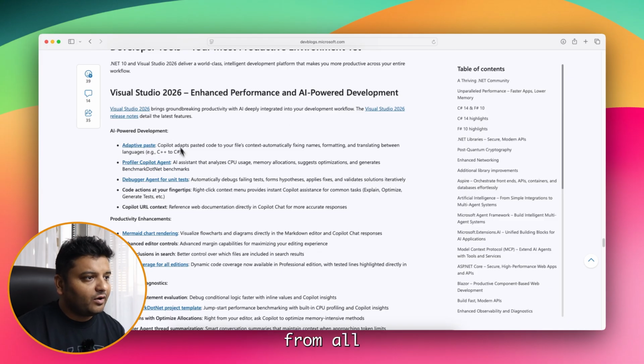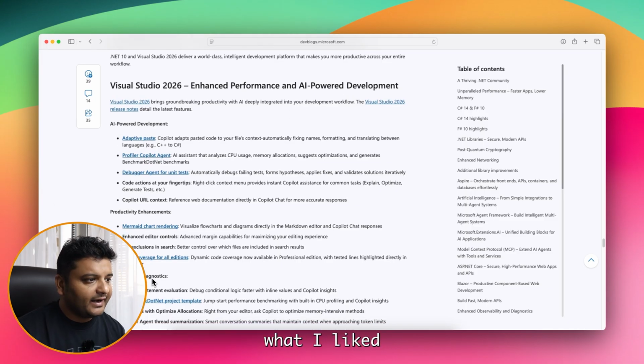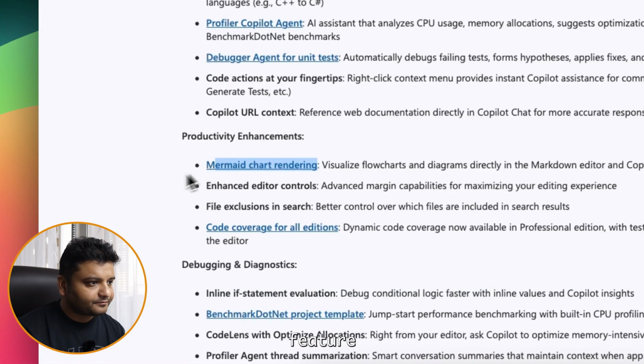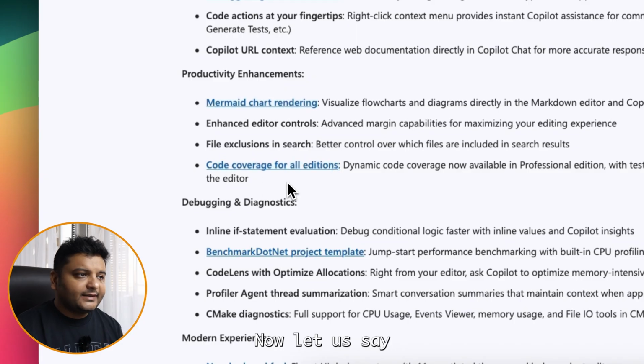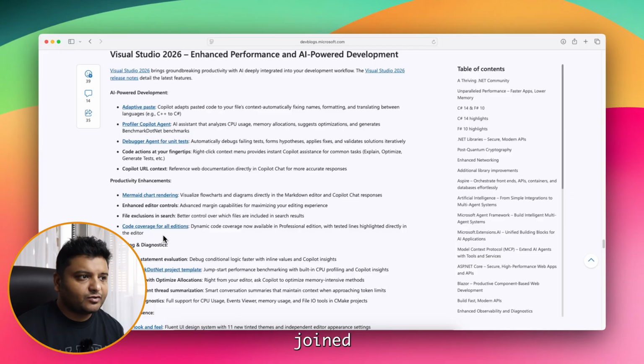Now, apart from all of these other things, what I liked most was this chart rendering feature and the code coverage thing. Now, let us say you have got a huge code base and a couple of new folks have joined your team and you want to display the code flow to them. You can go to your Copilot chat and ask the agent to create a visual diagram, a flowchart diagram for your code base.